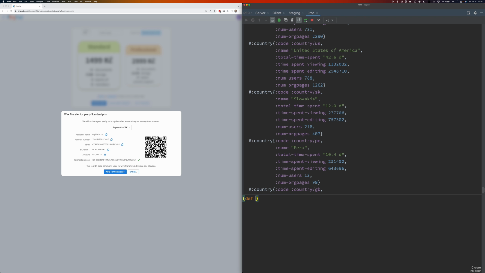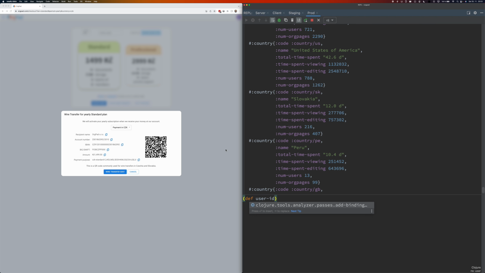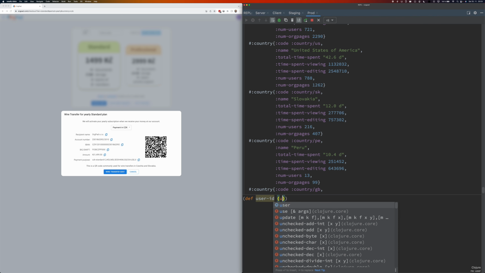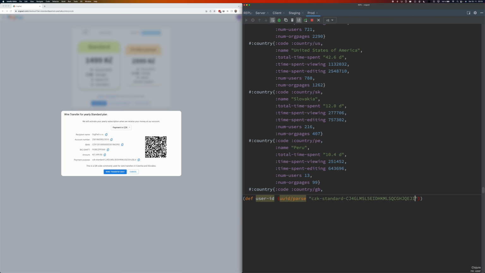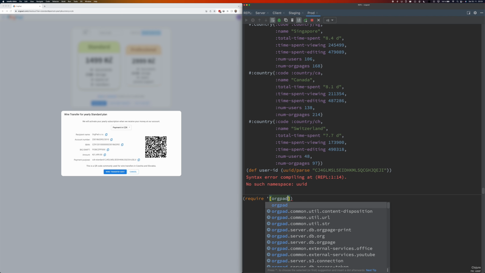So let's activate the yearly subscription for this account. This is encoded in base 32. It is a user ID. Yeah, it complains again about require, something I would like to fix in production.